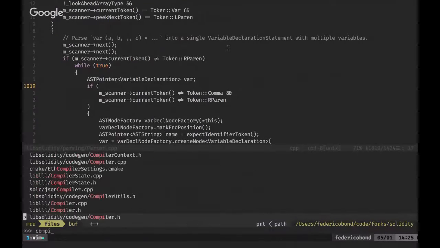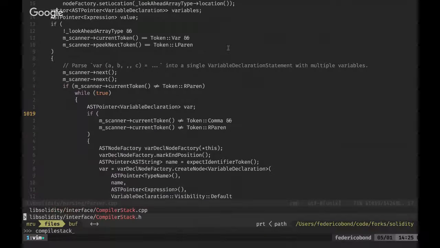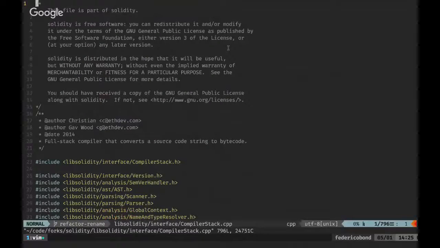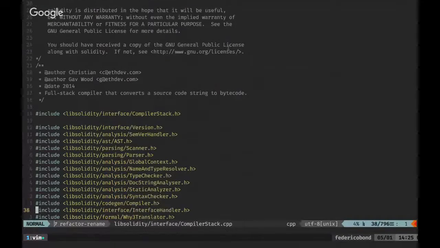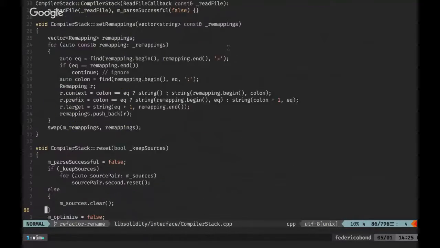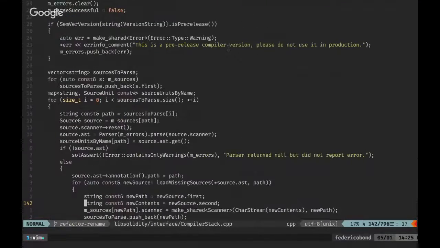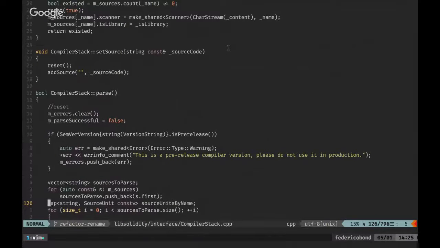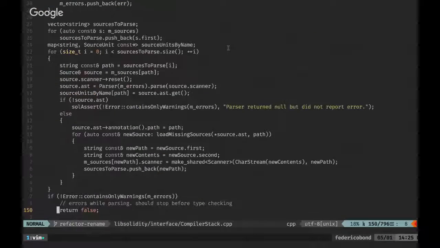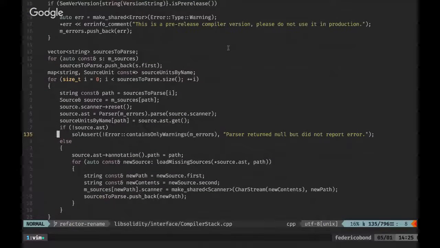There is a file called compiler stack. Now, this is the core of the Solidity compiler. If we go here to this compiler stack parse, for example, we see the phases very clearly,